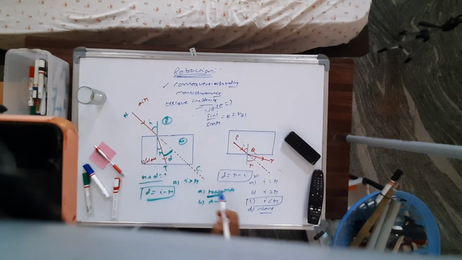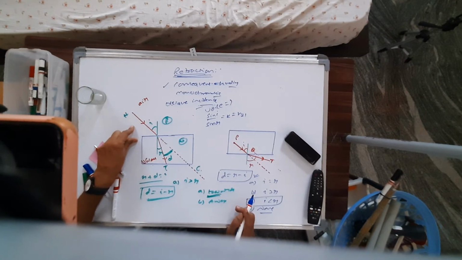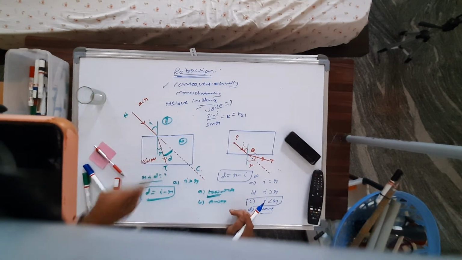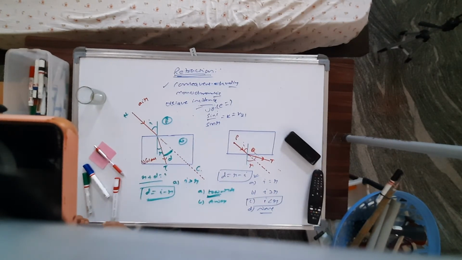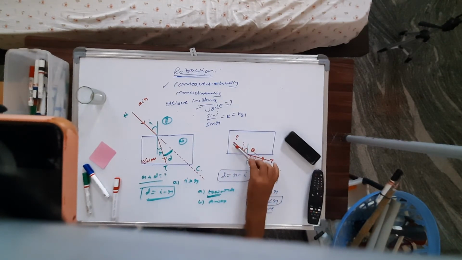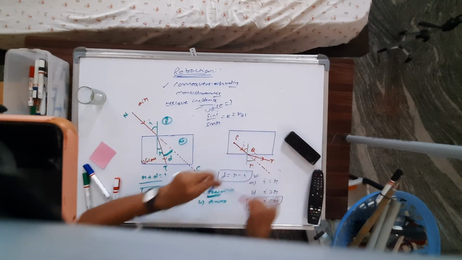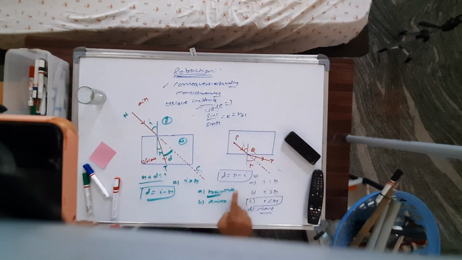Now just observe. When a ray of light travels from a rarer medium to a denser medium, the refracted ray bends towards the normal. Please observe the diagram, it bends towards the normal. As a result, I is greater than R and the deviation is given by I minus R. On the other hand, when a ray of light travels from denser to rarer, say from glass to air, the refracted ray bends away from the normal. In this case, R is greater than I and the deviation produced is given by R minus I. I hope you are able to understand.